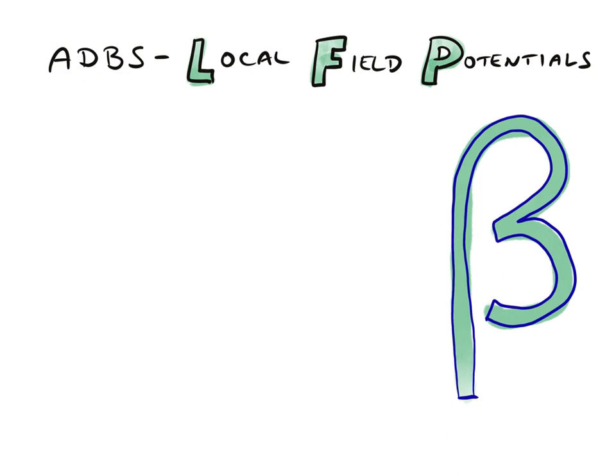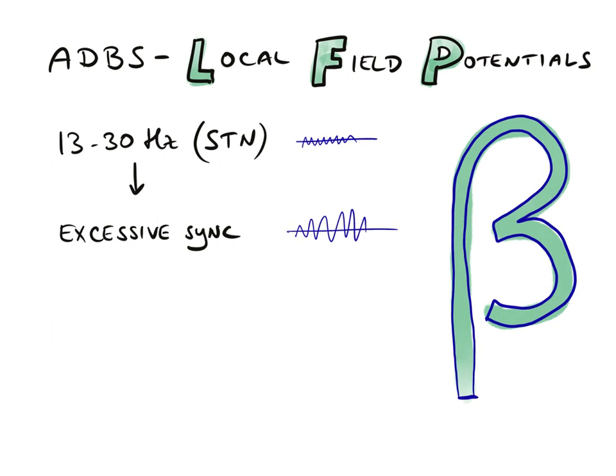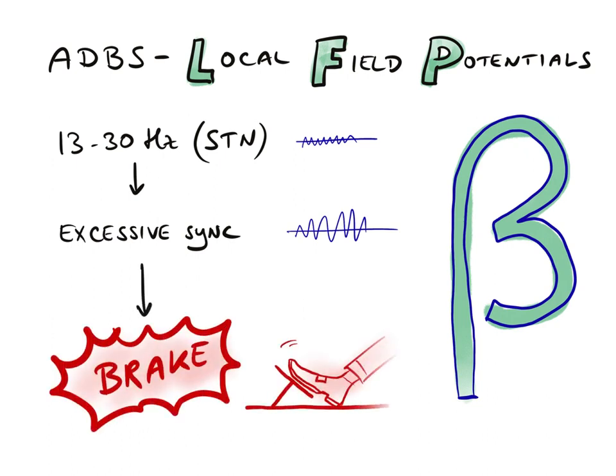So first of all, focusing on the local field potentials, then we're mainly talking about the beta band in the STN. The beta band is the area between 13 and 30 hertz. You can measure this, and the issue in Parkinson's disease is that you get hypersynchronization, excessive synchronization within the beta band, and this is something which you can measure. The problem is that this excessive synchronization is actually a brake in the brain on the execution of movement. So if you detect this hypersynchronization in the STN, in the beta band, it's something which you would like to counter because it actually will help to improve symptoms,